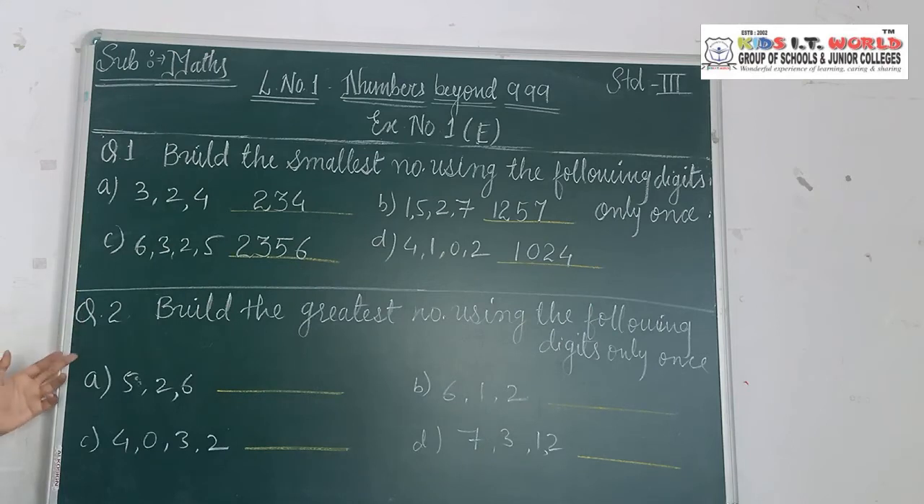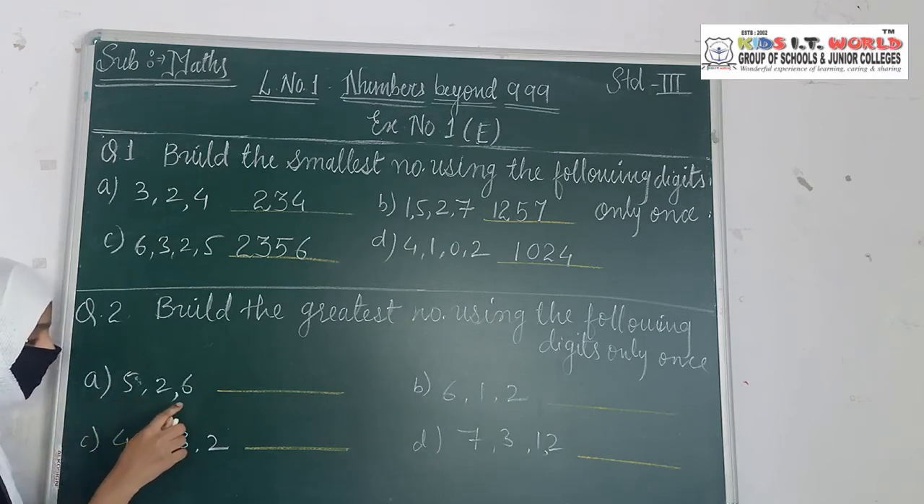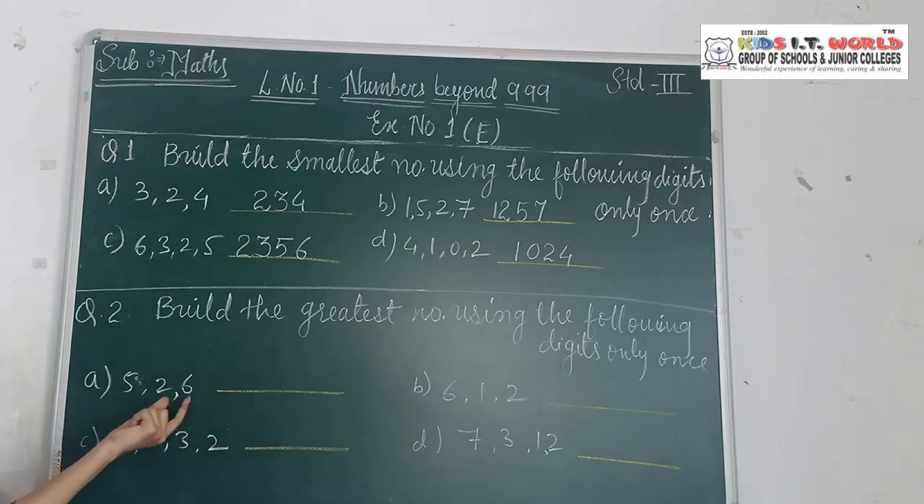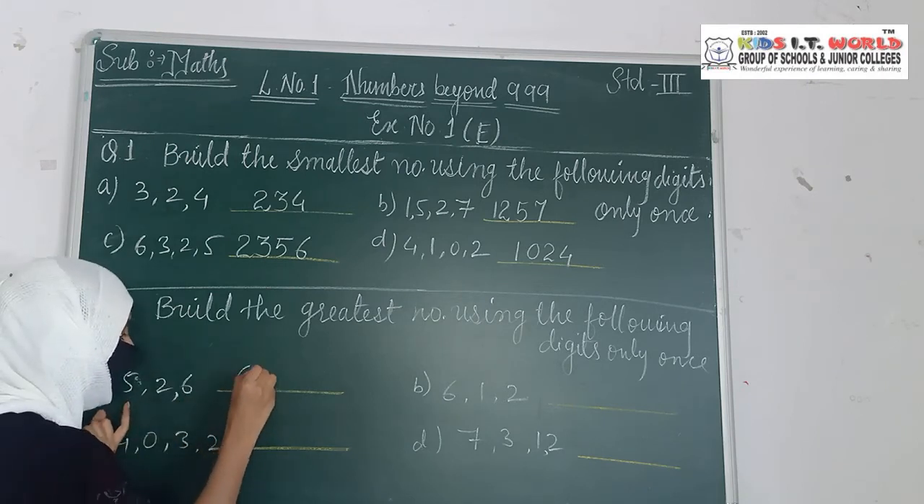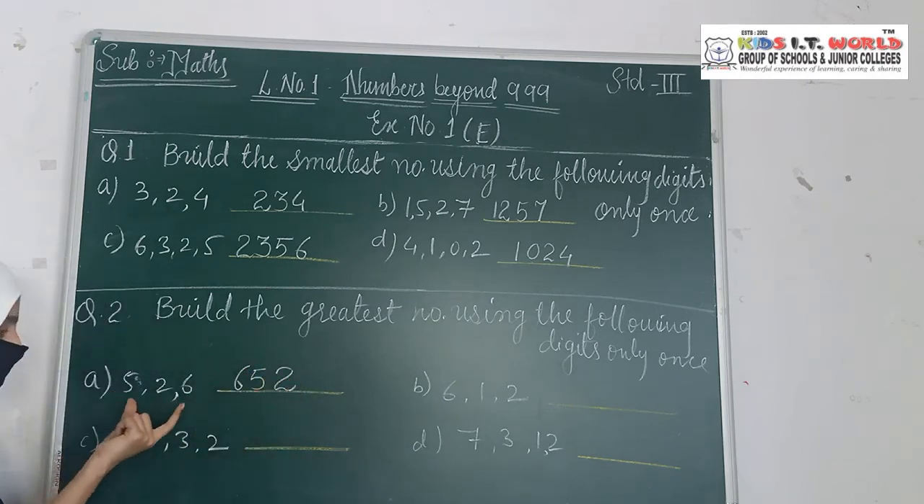Now coming to the question number 2. In this question you have to build the greatest number using the following digits only once. Using the digits only one time, just as we built the smallest number, in the same way you have to build the greatest number. So here it is 5, 2, 6. Now which is the greatest number here first? 6, then 5, and then 2. So from this we got the number